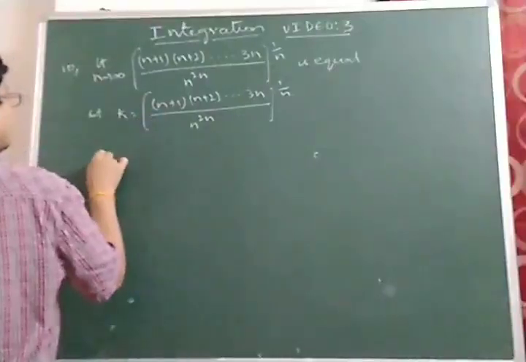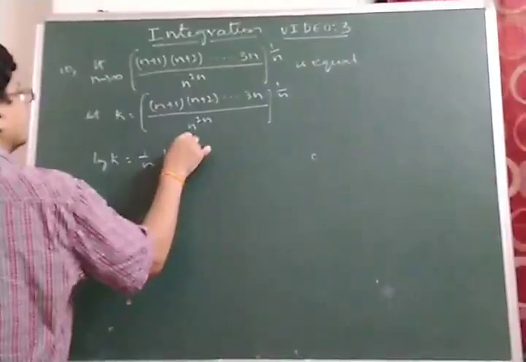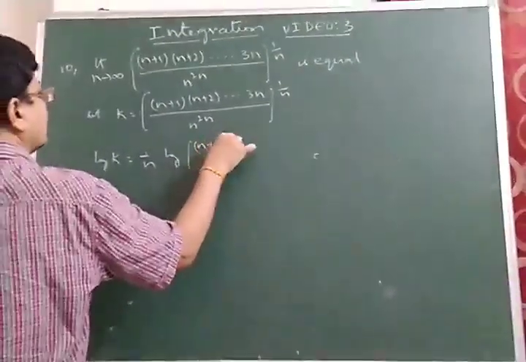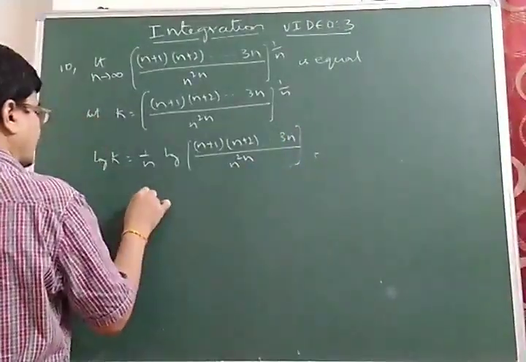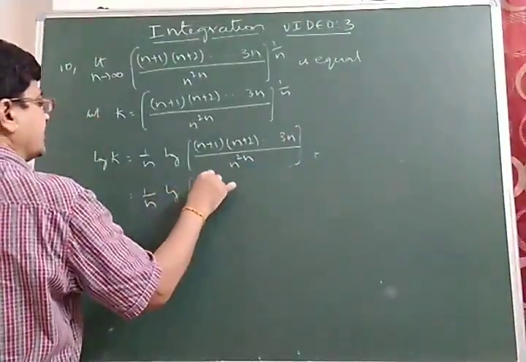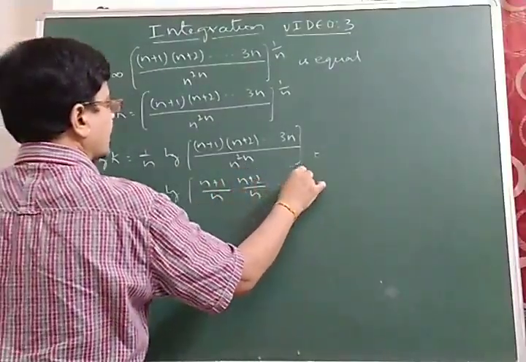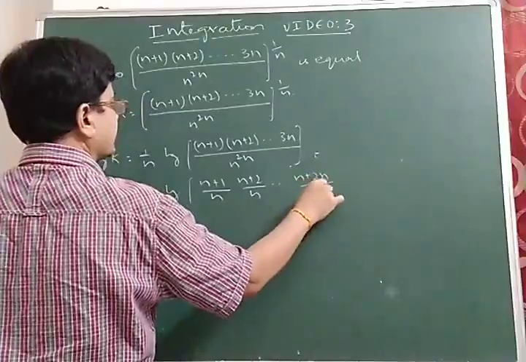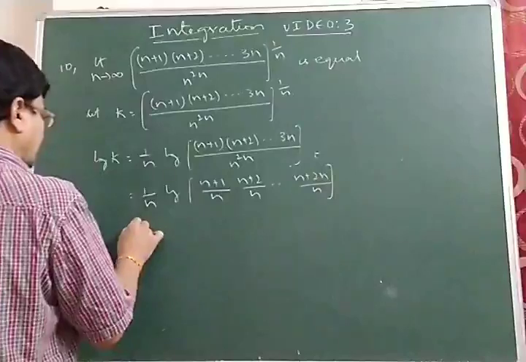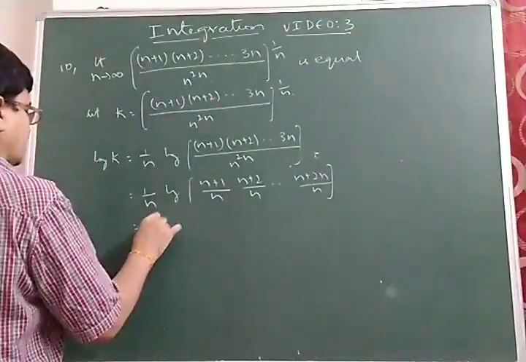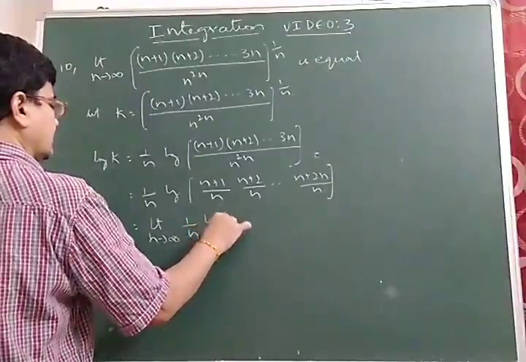Taking log on both sides, log k is equal to 1 by n into log of (n plus 1)(n plus 2) and so on, by n to the power of 2n. That is 1 by n into log of (n plus 1 by n)(n plus 2 by n) and so on (n plus 2n by n). 3n can be written as n plus 2n by n. Now this is limit n tends to infinity 1 by n log of